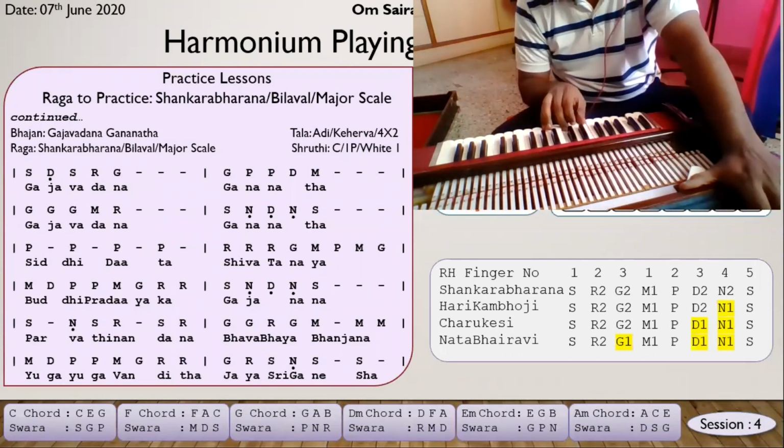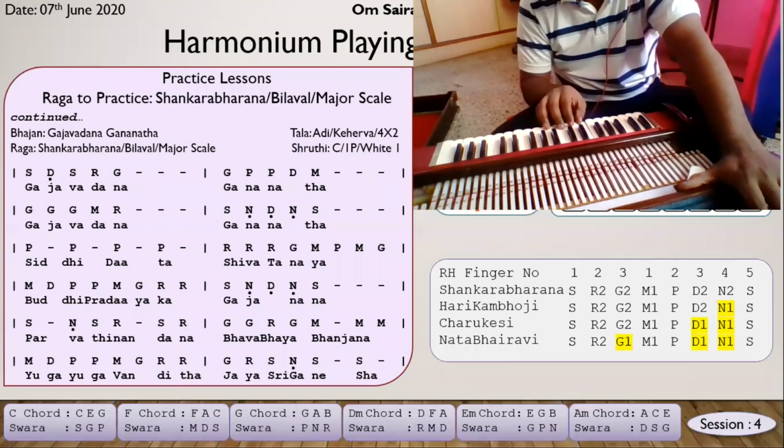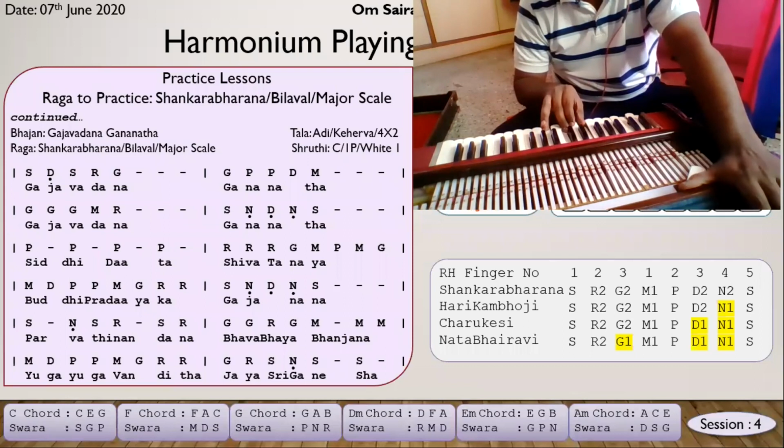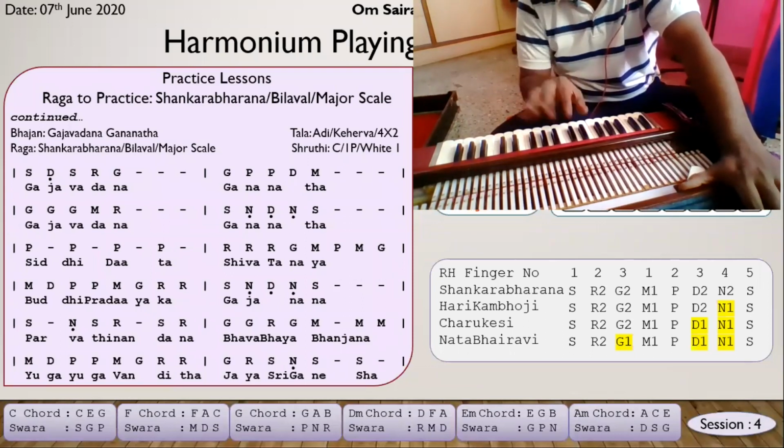So you have this Sa Ga Pa formation. Okay, there is something called chord inversions. Chord inversion means, you have a sequence Sa Ga Pa. This is called the root position. You remember this? This is called the root position or the base position. So you have the next positions. You have two inversions. Two inversions mean two different ways to play the same chord.